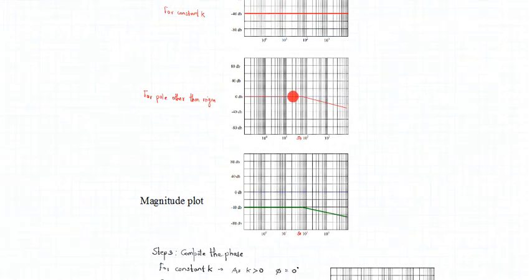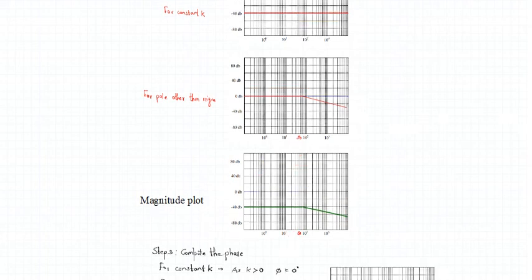From 50, the earlier system remains at 40, but the second system has a roll-off rate of 20, and the same is reflected in the final output. So up to 50, the magnitude is 40 dB. From 50, the system has a roll-off rate of 20 dB per decade. So adding these two, definitely we get a spectrum as shown here. So this is the magnitude plot for the given system.